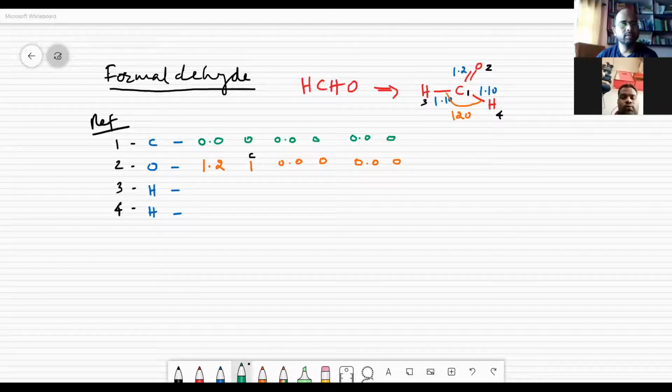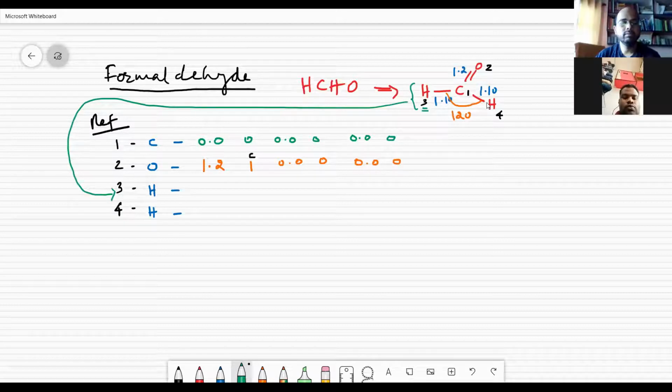Okay, there is also an option of writing the Z matrix in variable format, but I'll skip that. So the third atom is what we are going to write here.